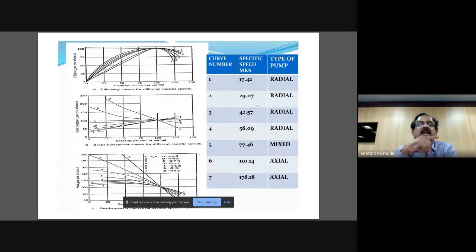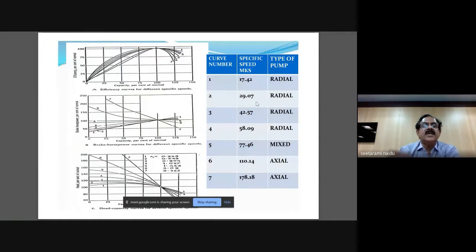Here you can see the first curve at the top. It is for radial. Here you can see efficiency is gradually changing, it is steep changing, and the efficiency expected is below 100%. Discharge is very less compared to others. Take the case of axial: efficiency expected is very high, and the range of such high efficiency is very wide. So axial pumps typically have higher discharge compared to the centrifugal or radial type of pumps.